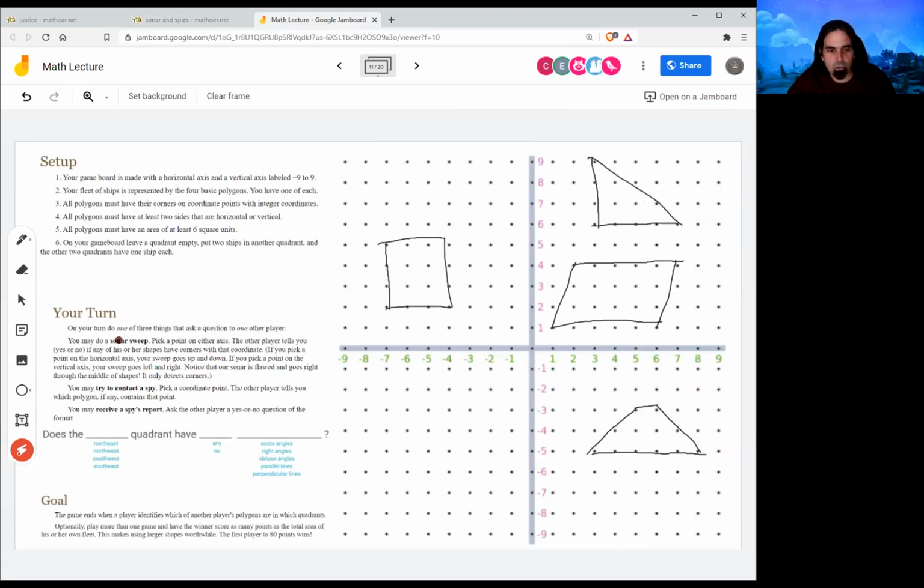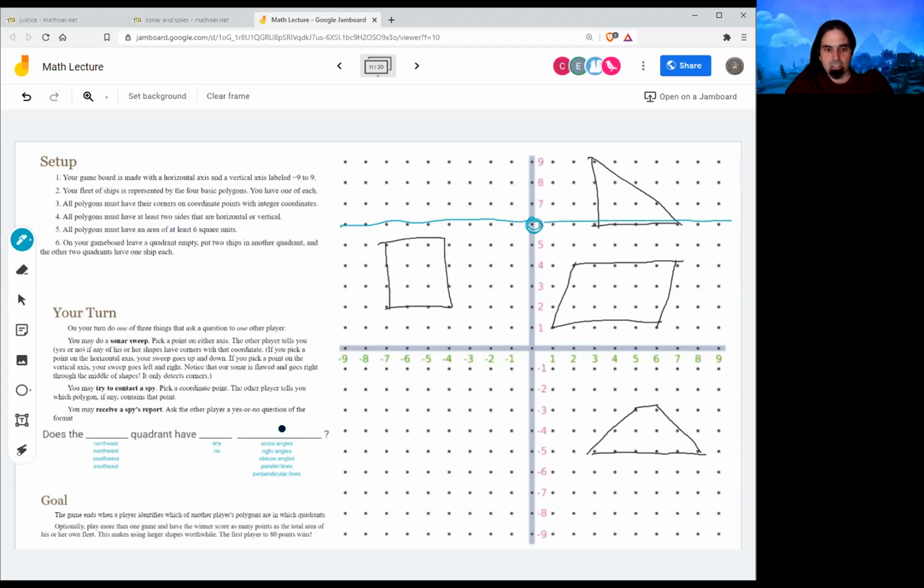So when you take your turn, you'll just do one thing, but you have 3 choices. And if you're playing this at home with your family or kids, you can do this with more than 2 teams, but we're just going to be 2 teams to be easy. So you can do a sonar sweep. You're going to pick a point on either axis. Let's pick 6 on the up and down axis. And then you look along this line,